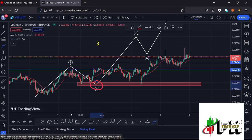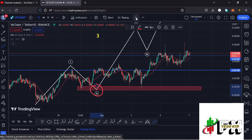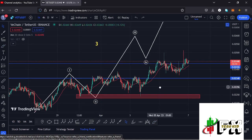$0.02348 mark, which is the first confirmation that the move we are seeing is a bit impulsive, and there are high chances of continuing to unlock higher prices to fully maximize our minimum target areas in the formation of that wave 3. And before I get further into the technical analysis to give you the short-term scenarios and also sketch my target areas in the formation of this wave 3,